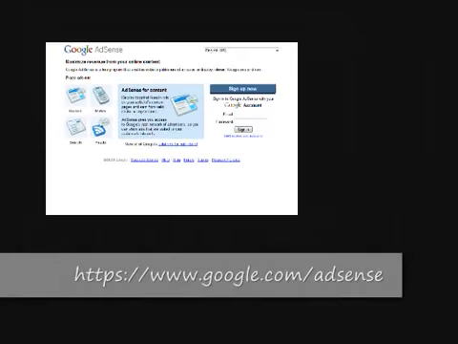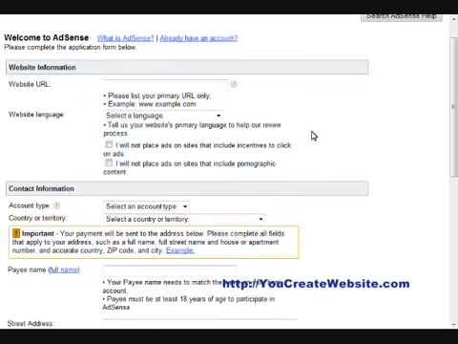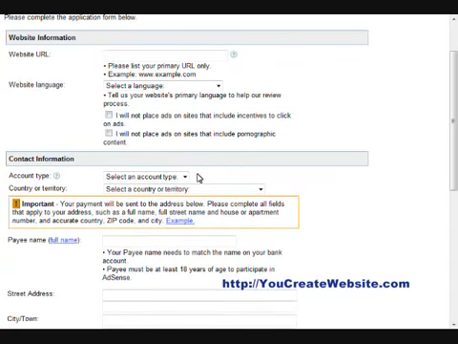So to use Google AdSense, you're going to have to sign up for it. So go to https://www.google.com/AdSense. You're going to be taken to this web page. Once here, go to sign up now. Then you'll be taken to this web page. You're going to have to enter your website's URL, your language, agree to a few things, what kind of account